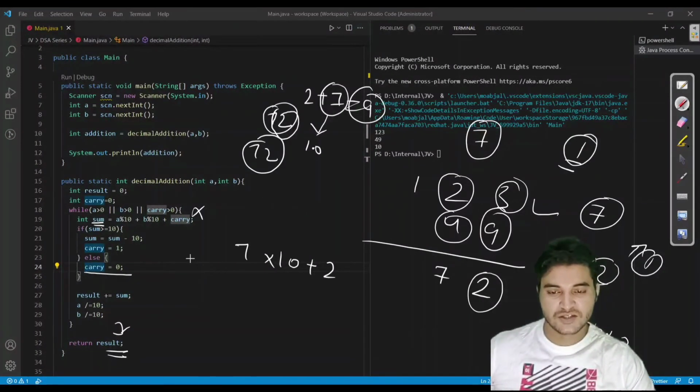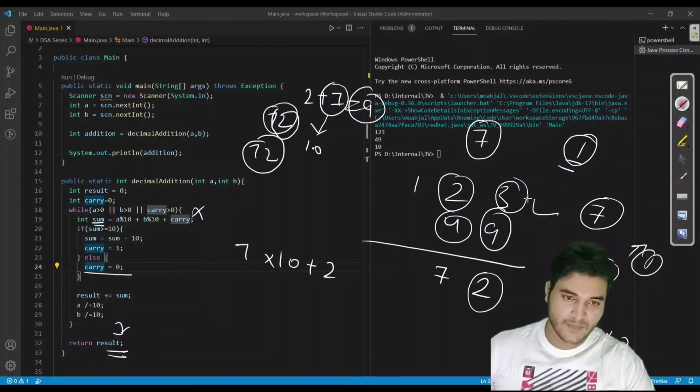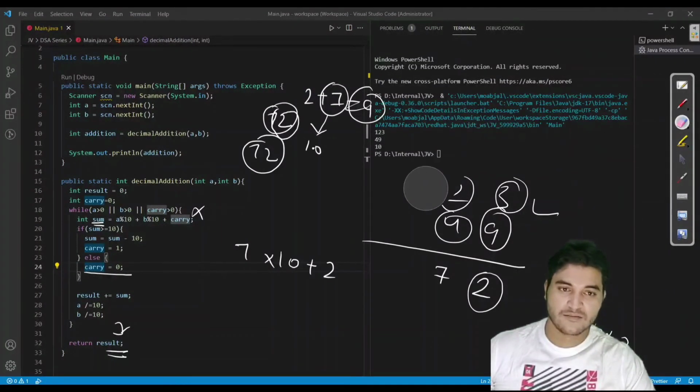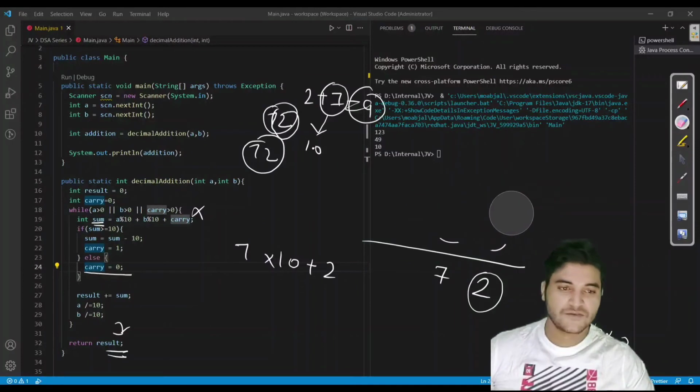So in each iteration we multiply the result which we are getting in the sum variable, then add the previous result, so that our output is clearly aligned and in reverse order, so that we can get the actual answer in the correct order. If you are confused with this particular approach, then I would suggest you please reiterate this video also.